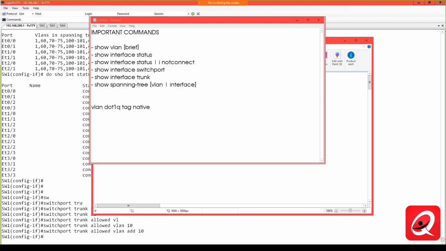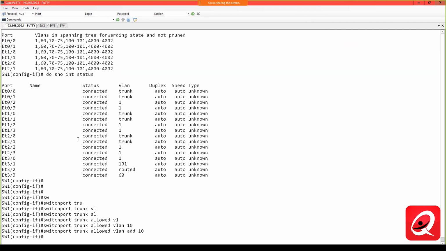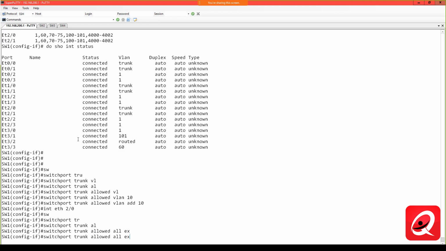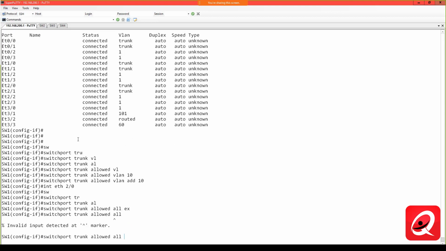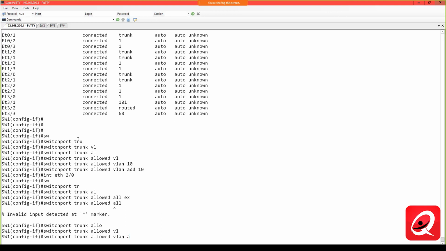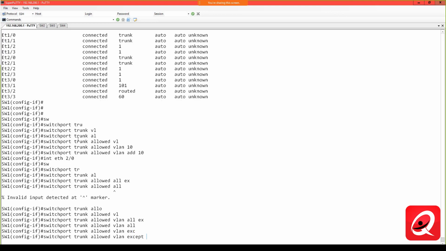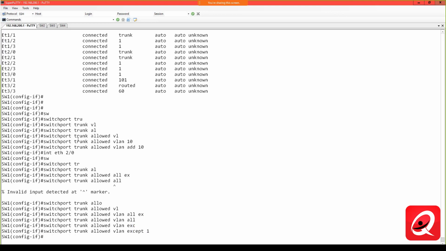Okay? CDP runs on VLAN 1. VTP runs on VLAN 1. You can prune VLAN 1 off of an interface. For example, let's say here I go into interface Ethernet 2.0 and I say switchport trunk allowed vlan all except, I don't think it lets me do that. Let me do this, except 1. Okay? So if I do a show interface trunk,